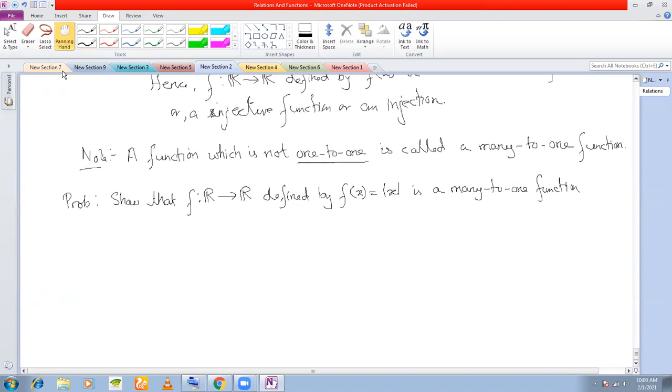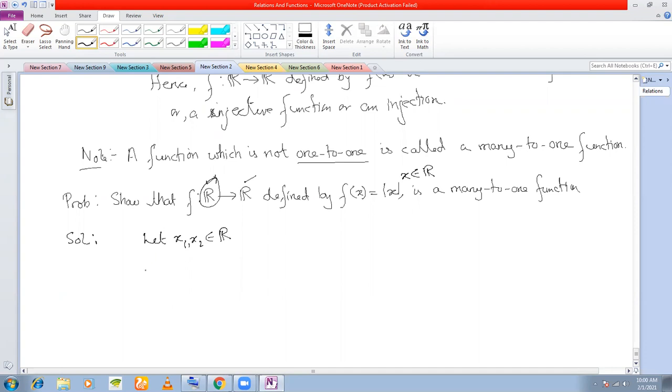Now, first of all, you must identify, and obviously here it is given to you that x belongs to R, which one is my domain set. The domain set is the set of real numbers. Codomain set is also the set of real numbers. This you must identify. Now we take any two elements belonging to the domain set. So I say let x1, x2 belong to R.